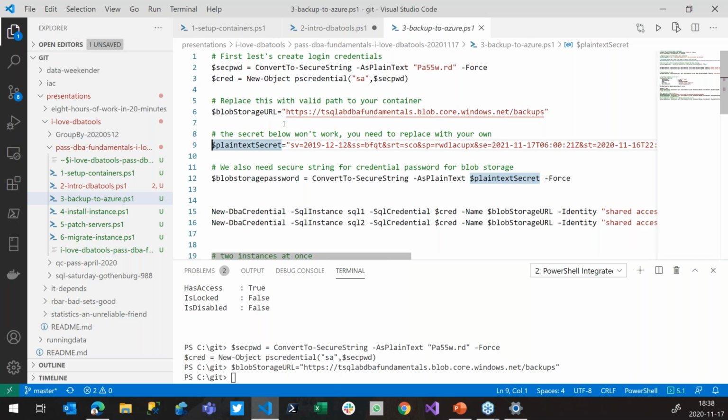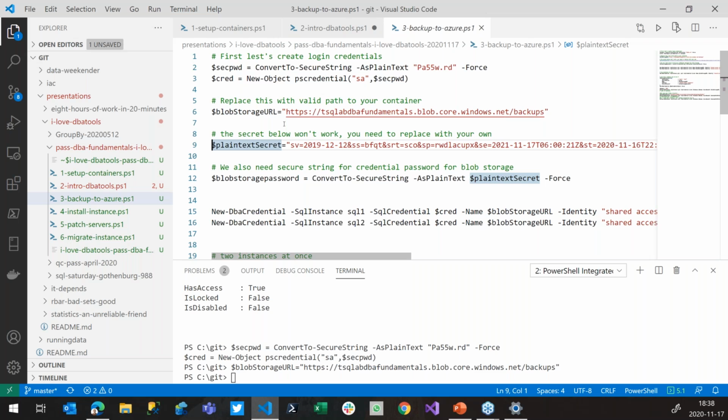object in SQL Server. And well, I'm going to share this, but you're not going to be able to use it because I'm going to destroy this resource group after the lab. But it's really easy to just create a shared access signature inside your own container, and then just make sure that it's valid for, the default is for 24 hours. So when you create a shared access signature and you actually want to use it for something, you either want to make sure you rotate it or create new ones